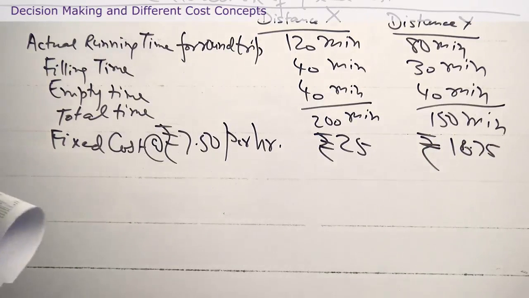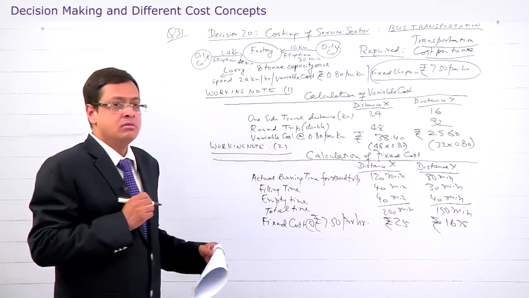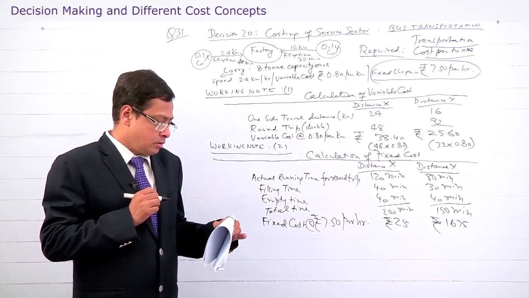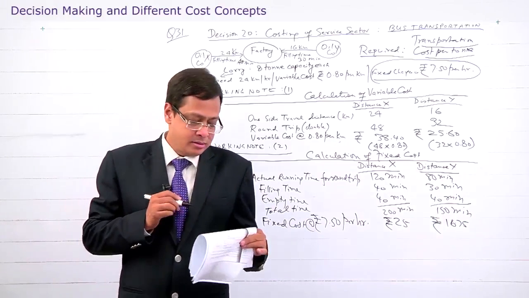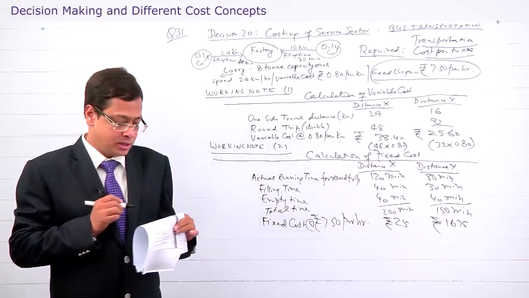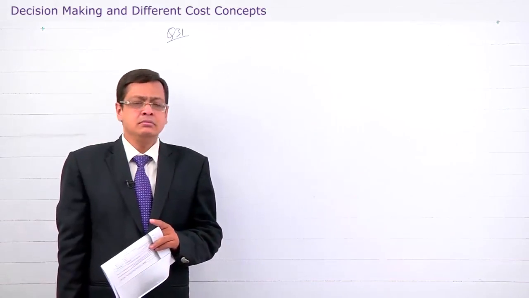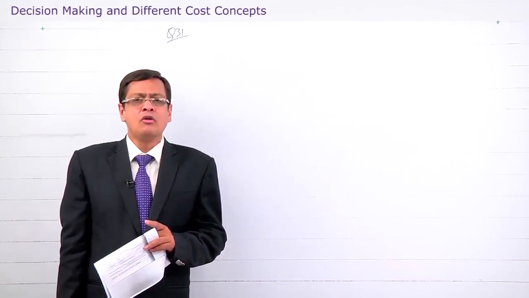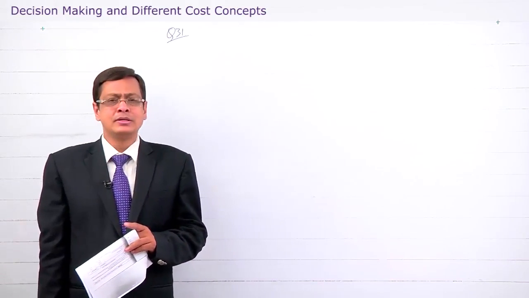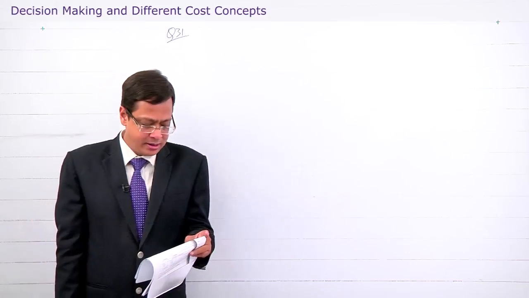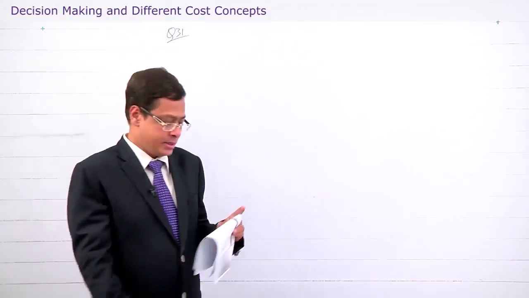Now we come to the final solution. To do the final calculation, I am going to rub this board, and we can calculate ton kilometer using this presentation. So, after having done two working notes, now we come to the final presentation of this question, where we are required to find cost per ton kilometer.